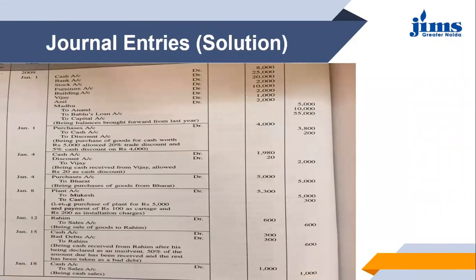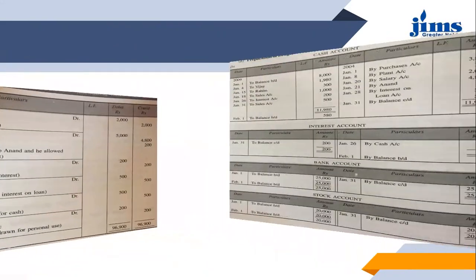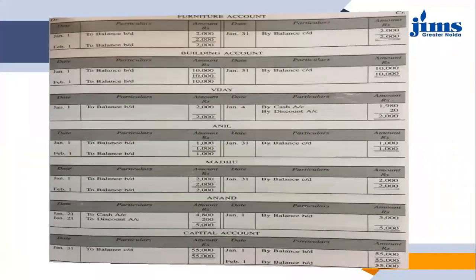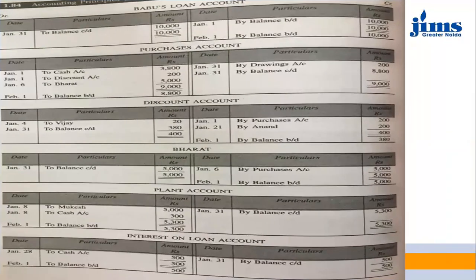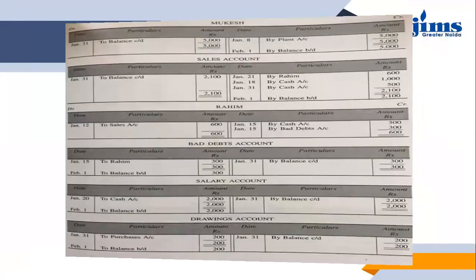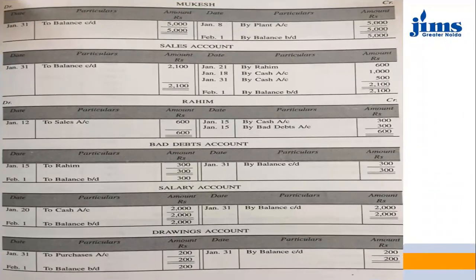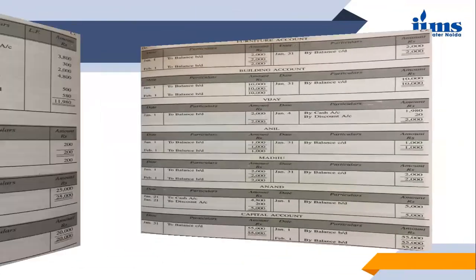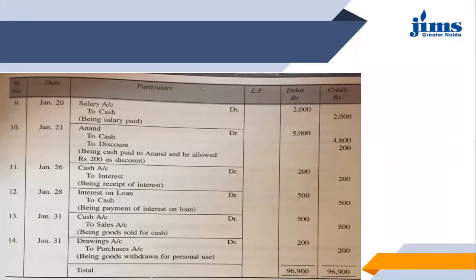Okay, the next journal entry is cash account debited to sales account. We have both the accounts here, so we'll just post the entry. Cash account is getting debited with sales, so on the cash account debit side, to sales account 1000 rupees, and we'll go to the sales account. It is on the next page. Sales account, you can see, this is the entry of 18th January. So we can see 18th January on the credit side, by cash account 1000 rupees. So this is the posting of this particular journal entry for sales, and then we'll move on to the next entry.